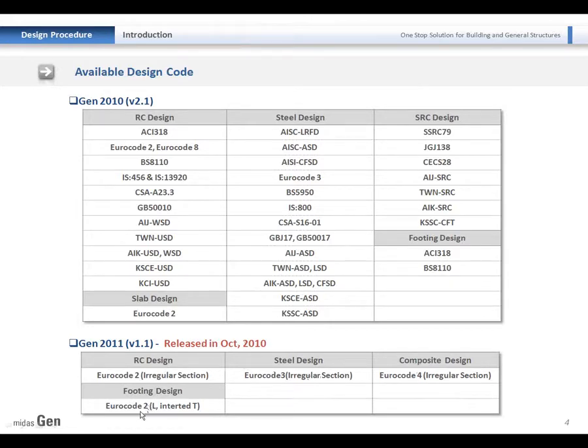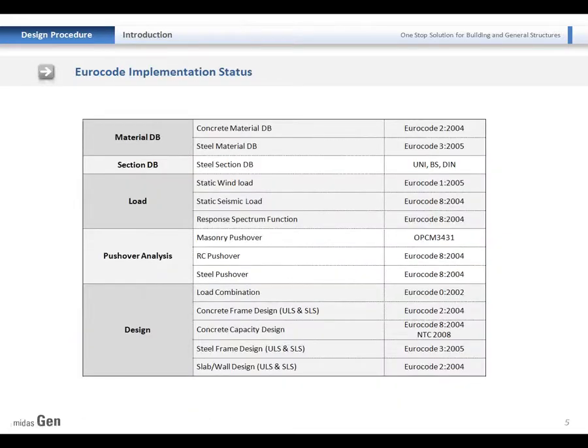Also, footing design for the L and inverted T section will be implemented. As you can see, currently we have had many developments for the Eurocode. So most of the current Eurocode are available for the database of material, section, loads, and also pushover analysis, and design for the regular section and irregular sections.